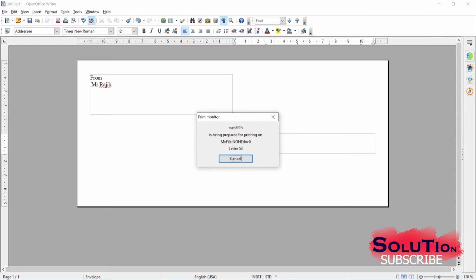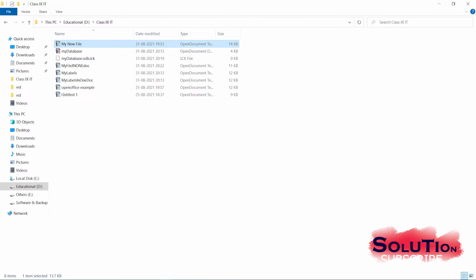So you can see the letter count is increasing. So it was saved here. So let me go to my file, and here you can see my file in one. So if I open it,